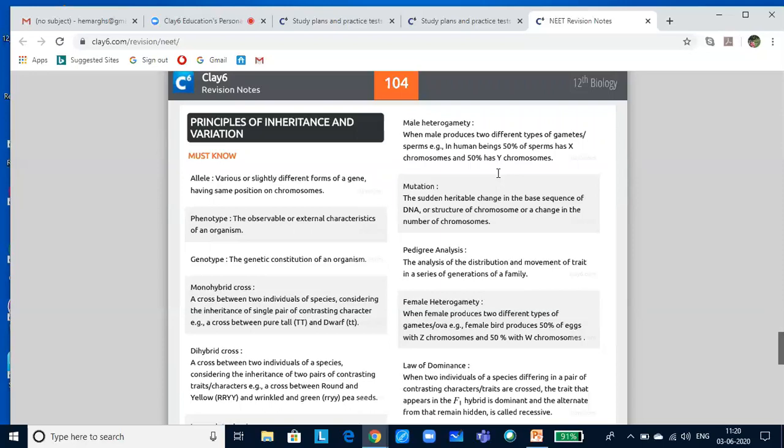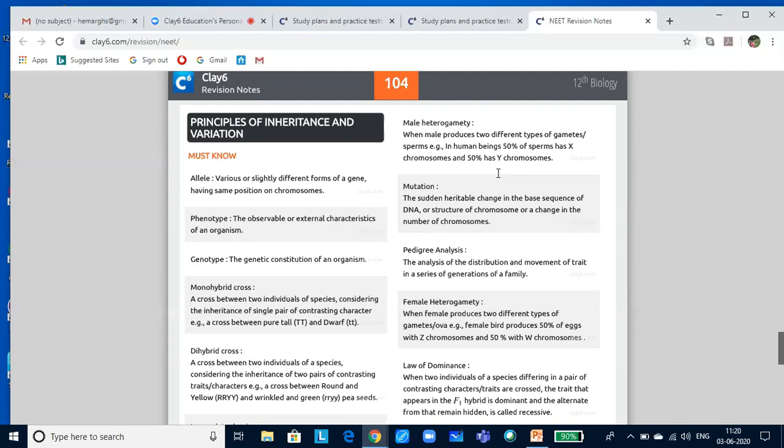Such transmissible characters are called hereditary characters. Hereditary traits or characters are specified by genes, which are integral parts of the chromosomes. Now, variations are the differences in the morphological, physiological, cytological, and behavioral characters shown by the individuals of the same